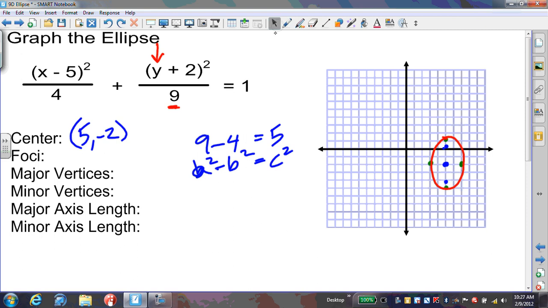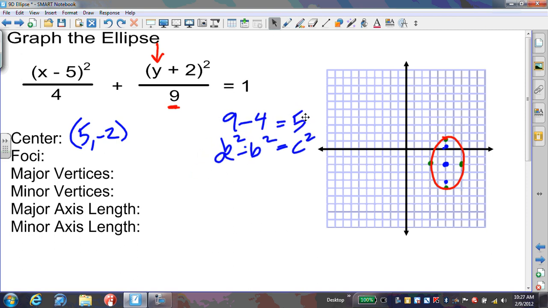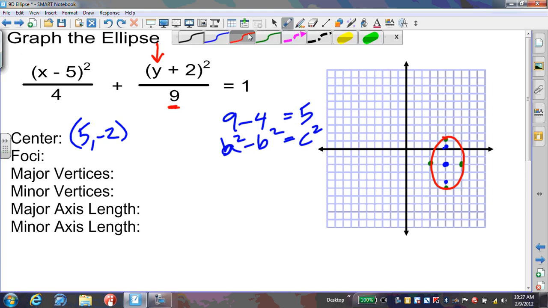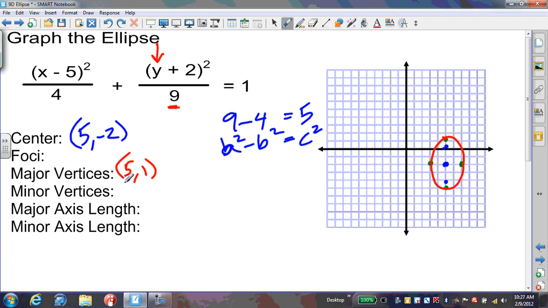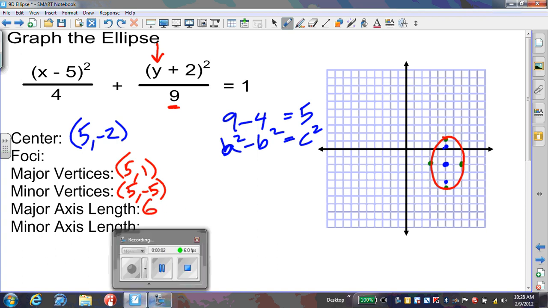So let's go ahead and draw in this information. I'm just going to move this information to the side a little bit so we can see what's going on. Let's draw in our points. Our major vertices are basically 5, -2, and then I went up a total distance of 3, so I'm going to be at 5, 1. And then here, I went down 3, so I'm going to be at 5, -5. For my major axis length, if I went up 3 and down 3, that's a total of 6, which is 2a. And our minor is a total of 4 across, which is simply